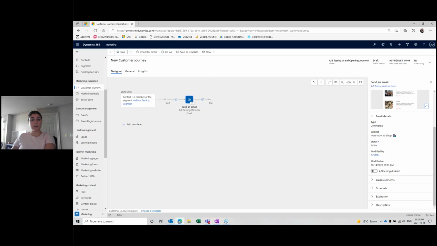Perfect. So next, a very important step is to actually enable the A/B test right here. Without enabling it, the customer journey will only send version A to everyone, as if version B did not even exist. We can enable it here, and then we'll see some of these